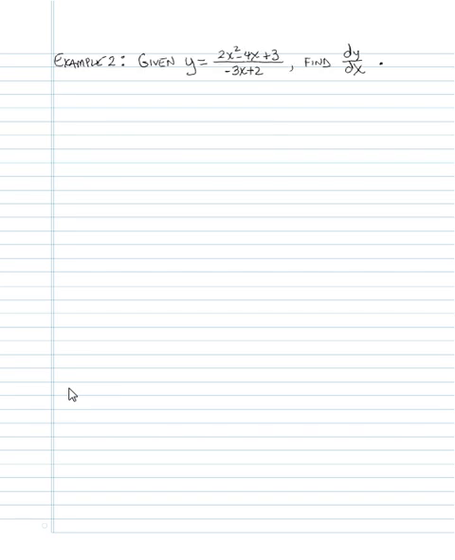Here in our second problem, second example, we have a function that's a fraction. It's a little more complicated this time. It's stated as y is equal to, and we're to find the derivative of y with respect to x, or dy over dx. So let's state again what we know we're doing when we work on this: the derivative of y with respect to x is, now I'm going to write it in letters,